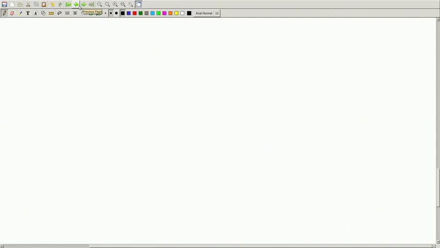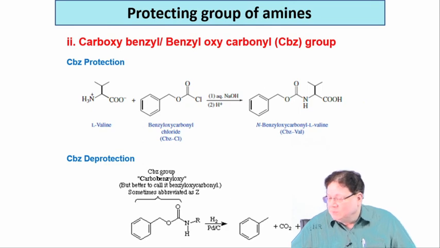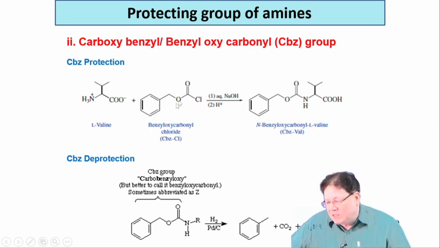Next, first of all these are the deprotection methods, but I did not say how to introduce these groups, the protection. There are some slides I can show you here. It is shown that to put the CBZ group, you take the amino acid, shown as valine, and you take benzyl oxycarbonyl chloride. This is the ester of what is called chloroformic acid. Formic acid is HCOOH, and you just replace the hydrogen with chlorine. So, that is the ester of chloroformic acid.